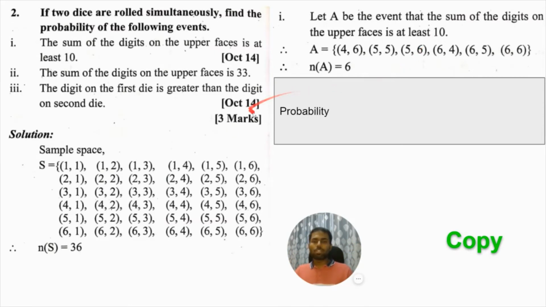ओके, सो 1 + 1 2, 10 नहीं आ रहा है. 1 + 2 3, 10 नहीं आ रहा है. 1 + 3 4, 10 नहीं आ रहा है. सो 1 + 6 7 होता है. यहाँ पे भी 10 नहीं आ रहा है. सो फर्स्ट लाइन में कहीं पे भी नहीं होगा. 2 प्लस 6 8, यानी सेकेंड लाइन पे भी कहीं पे भी 10 नहीं मिलेगा, बिकॉज राइट साइड में सबसे बड़े नंबर होते हैं, राइट। फिर 3 प्लस 6 इज 9, सो थर्ड रो में भी कहीं पे भी 10 नहीं आएगा।